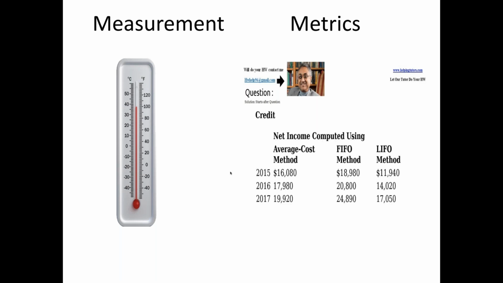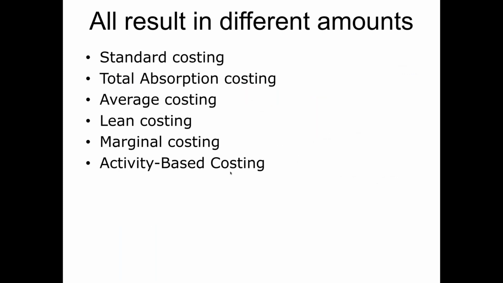So, and I have found, presenting this around the world, that CPAs can get their head around this. They know the difference between FIFO and LIFO, and different inventory valuation methods can throw off radically different numbers. Well, that's what we mean by a metric. That's not a measurement. And too often, cost accounting is considered a precise measurement, and it's ludicrous. It's a metric, and it's a completely arbitrary metric at that, because these are just some of the different cost accounting methods you can use, right?